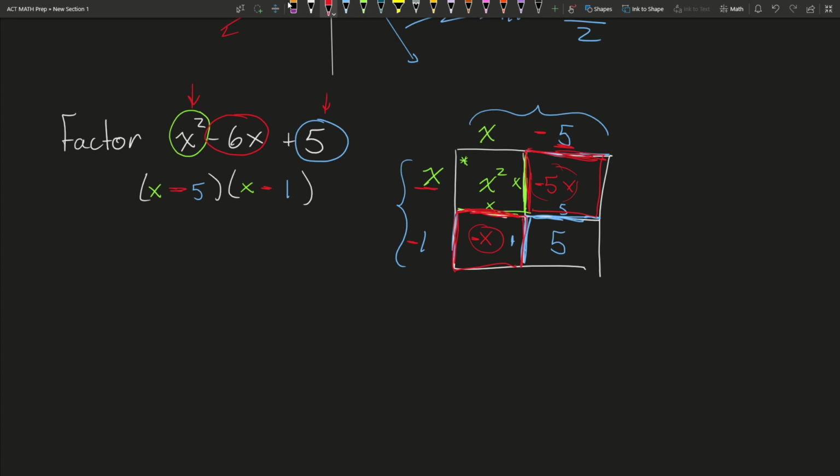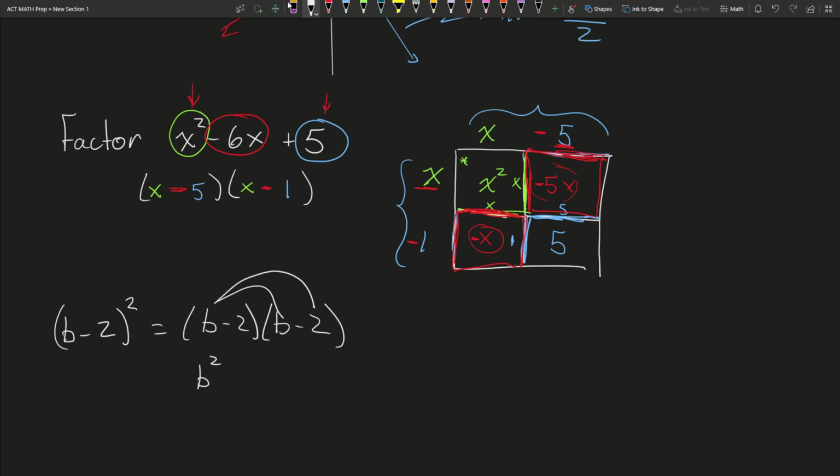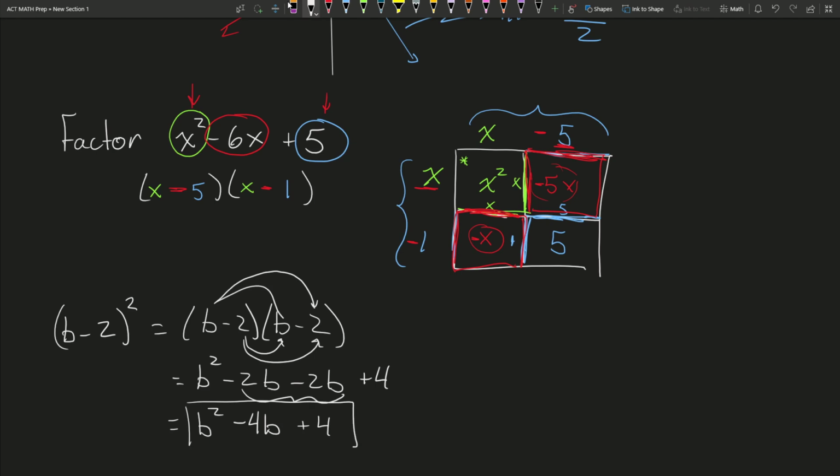All right. Okay. Now on the flip end of that, what is b minus 2 squared? Okay, and then if we FOIL that, what do we get? And then we can simplify that a little bit more to get what? B squared minus 4b plus 4, right? Okay. And then one step further,